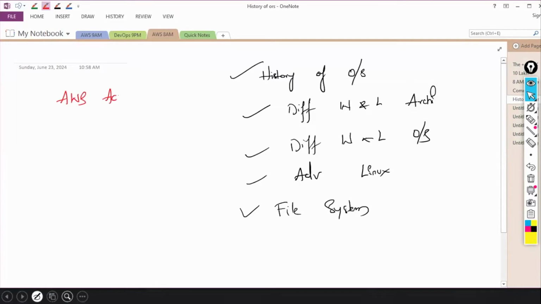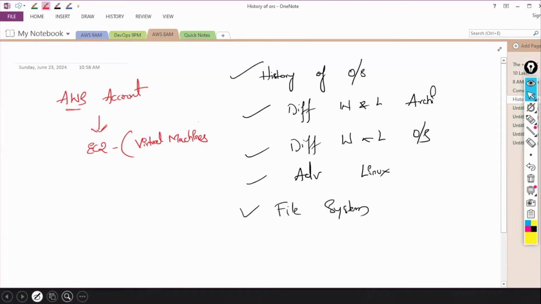an AWS account. AWS has plenty of services. One of the services is the EC2 service, Elastic Compute Cloud. Using this service, we can launch virtual machines.